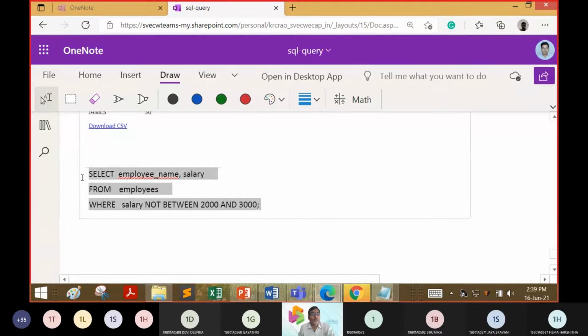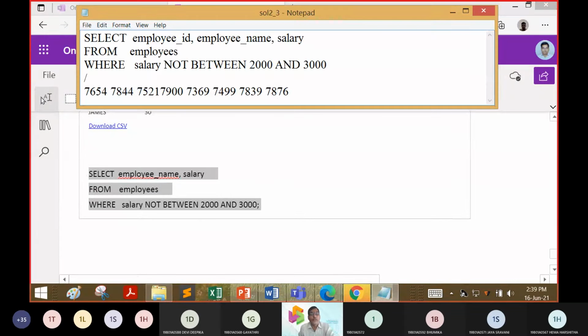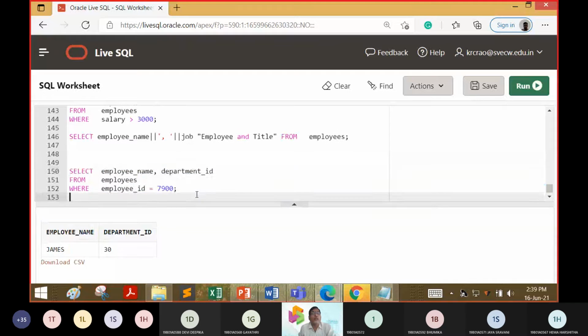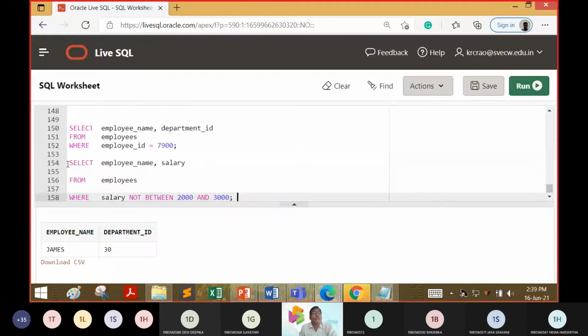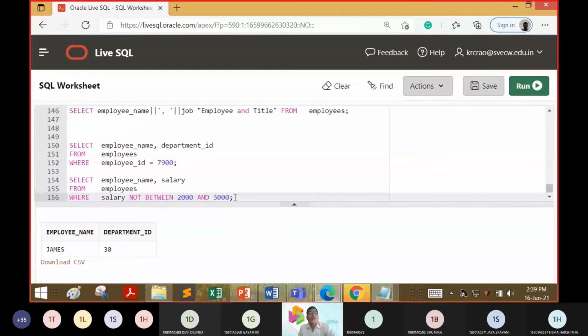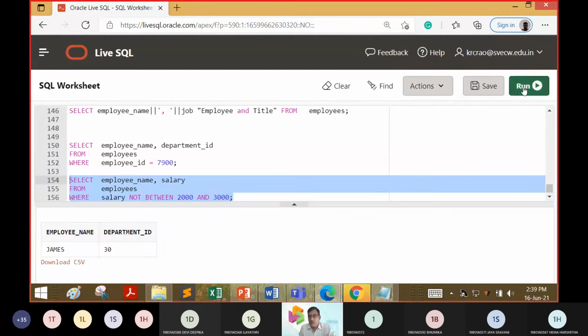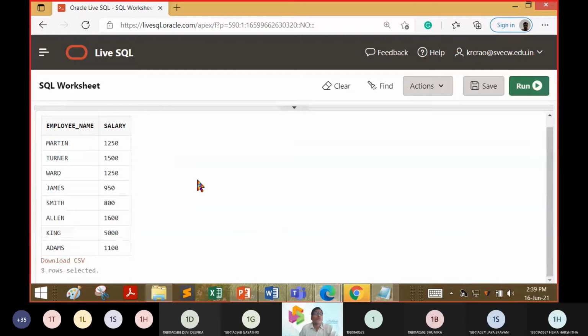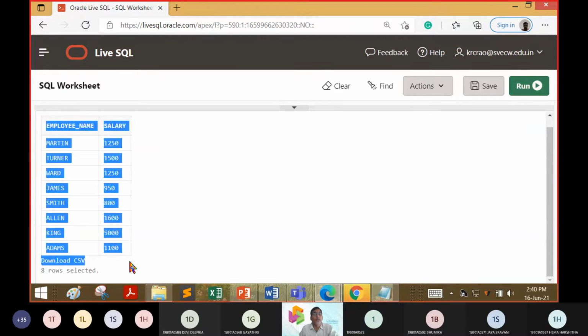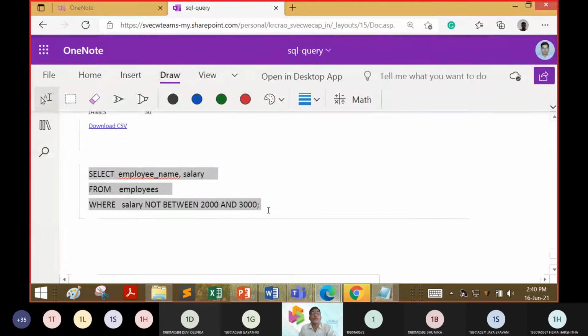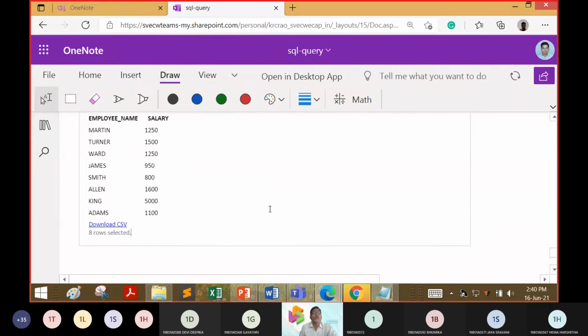So we will take this query to the SQL work area and move this to the live SQL. Now copy paste the same query, then we will hit the run button to understand whether the 8 records are occurring or not. Are you able to see 8 at the bottom? Yes, sir. So the answer you have given was correct. So we can put this into the work area after the question.